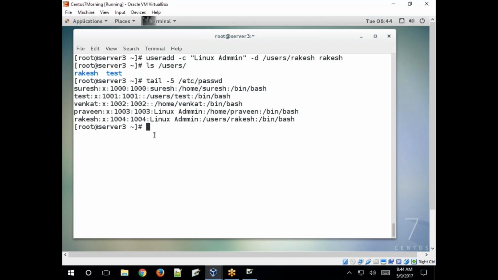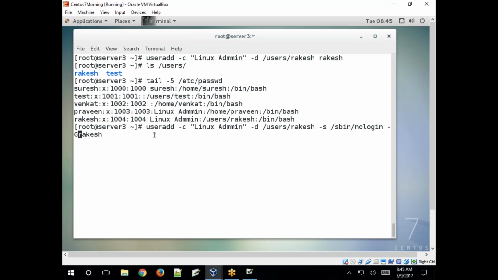If you want to create a user with a different shell, use -s. No need to specify the shell name, just if you want to change the shell, use /sbin/nologin.